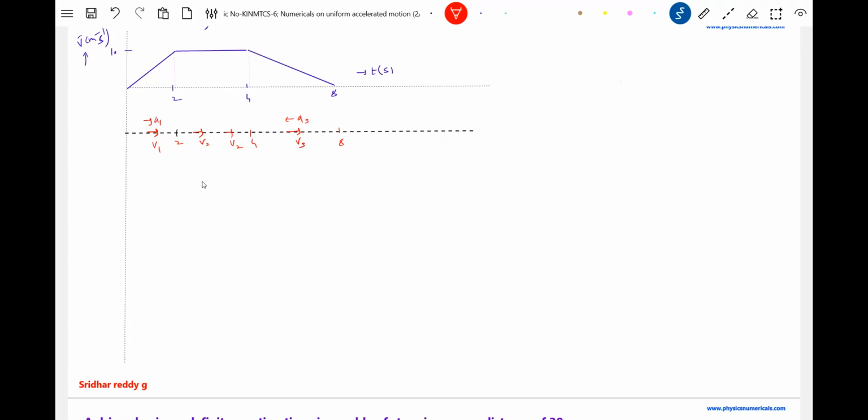So look at the motion of the body. First it will accelerate. It will start from rest. It will start from rest and it will come to rest. First it will accelerate from rest, uniform velocity motion, then undergoes retardation, and finally comes to rest